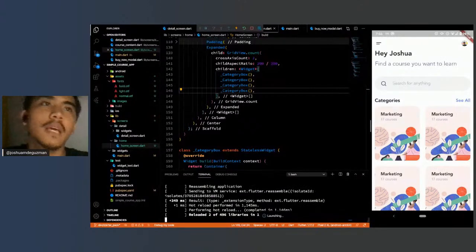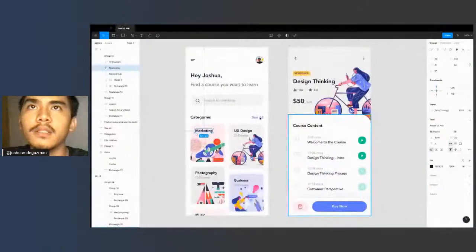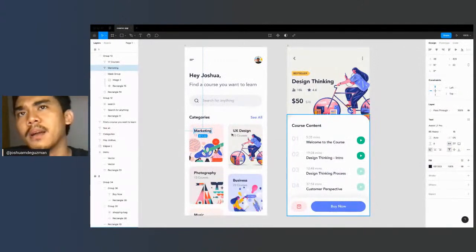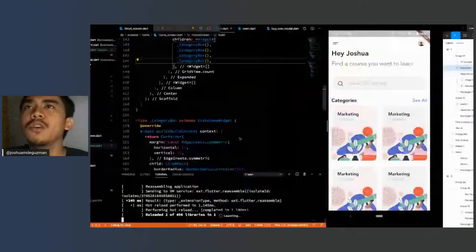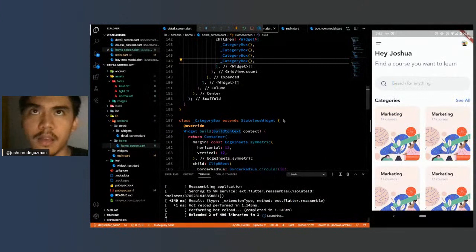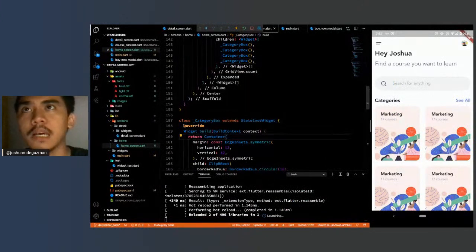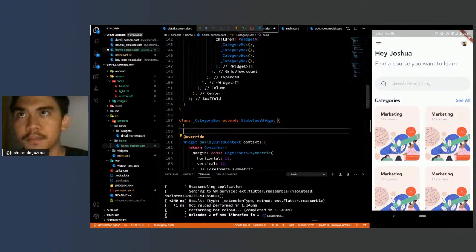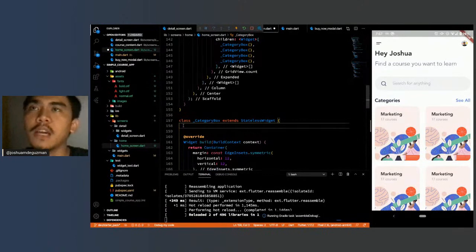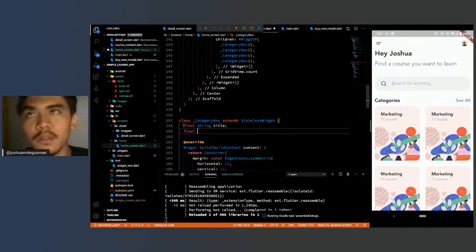Right, so that's loaded. And if you want to have specific properties, for example, you've seen that this has a different background, different title or text, you can just simply create properties such as the final String title. This is how we normally create constructors and default properties.